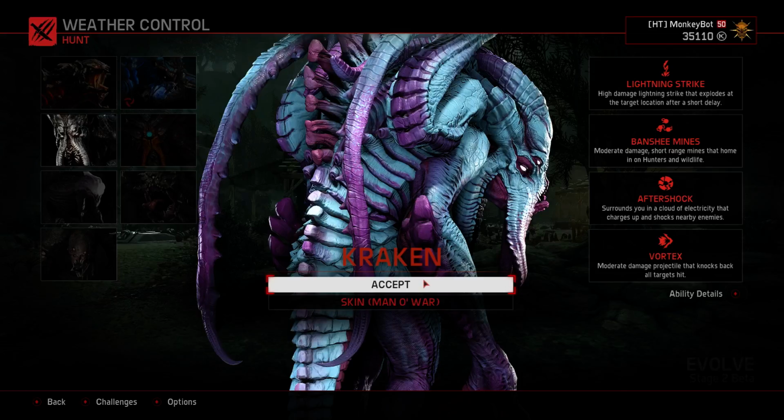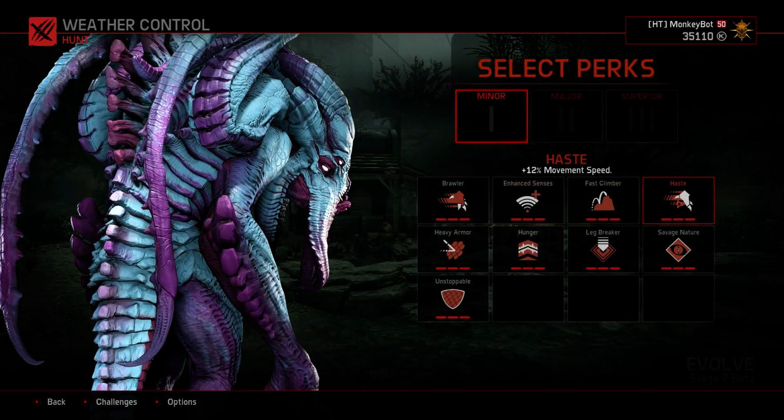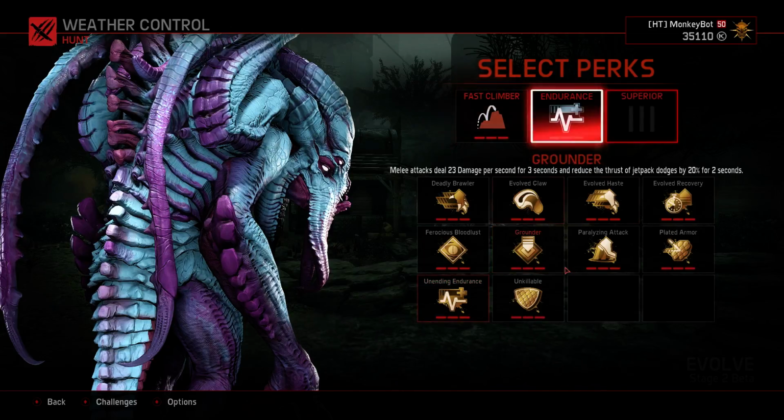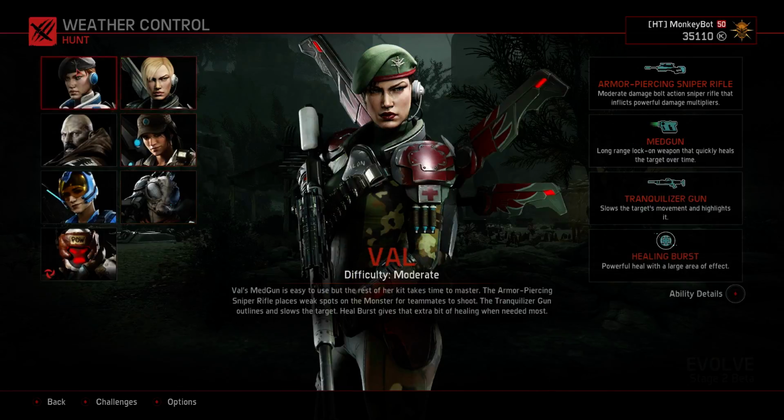So now I'll be talking about hunters. Which hunters are best against Kraken? Yeah, whatever. So, hunters to go against Kraken. Val is very good, because Kraken can only really damage 1 hunter at a time, because you just got to stay spread out all the time with Kraken. Just stay really fast spread out,